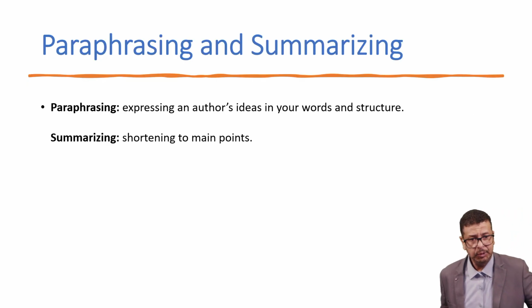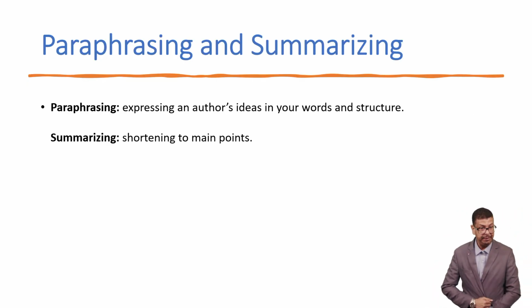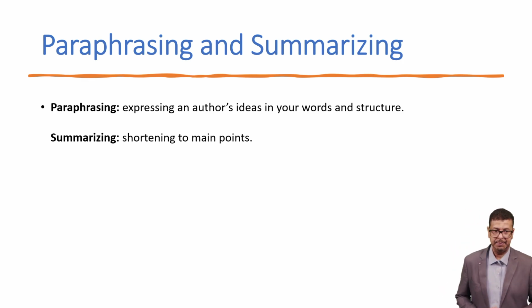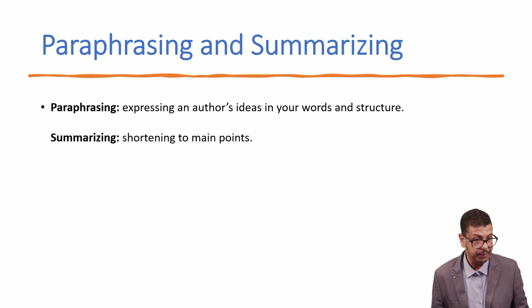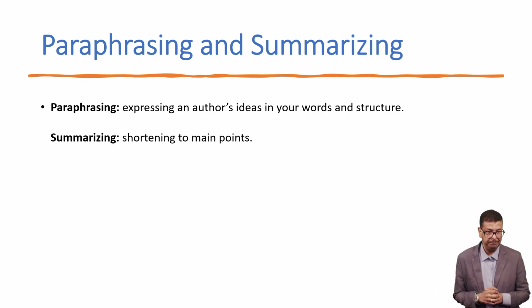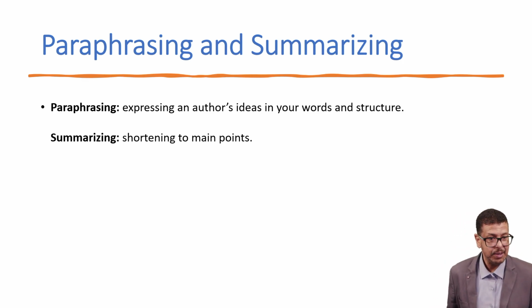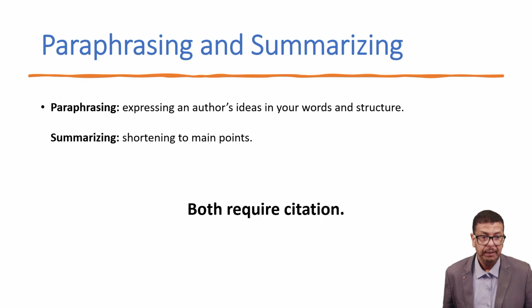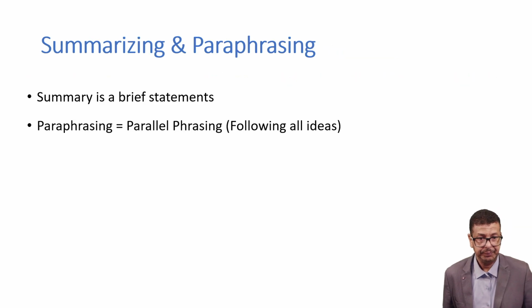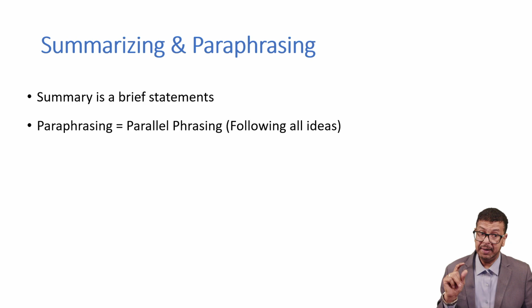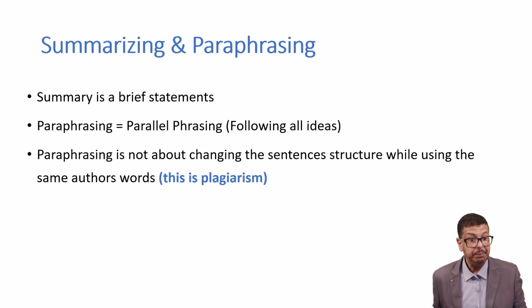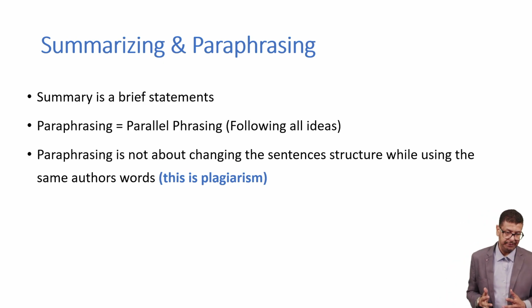It's also very important to think about paraphrasing and summarizing to avoid plagiarism. Paraphrasing is when you express an author's idea using your own words and structure, while summarizing is shortening the main idea. Both require in-text citation. A summary is a brief statement, and paraphrasing follows all the ideas, and paraphrasing is not about changing the sentence